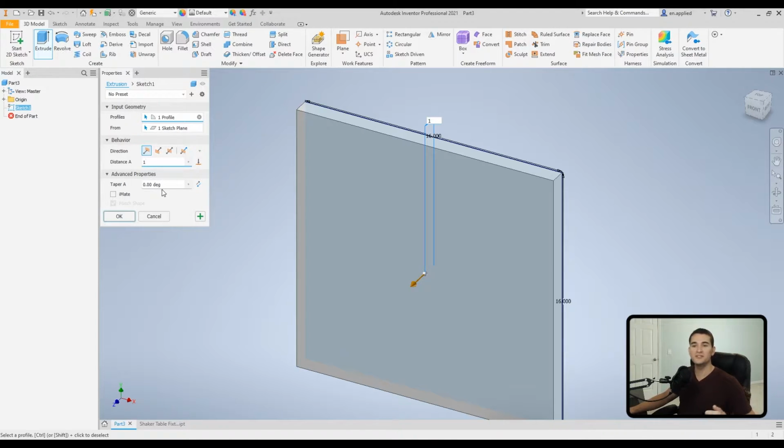Okay, so the next section down is advanced properties. So this is a really convenient way to add a tapered angle in your extrude without having to create a draft or a loft or anything like that. Now, let's say, for example, you're designing a part that's going to be injection molded. Well, depending on the size of the part, you actually might want to put a little bit of a draft or a little bit of a loft angle on the outer profile of the part that interfaces with the injection